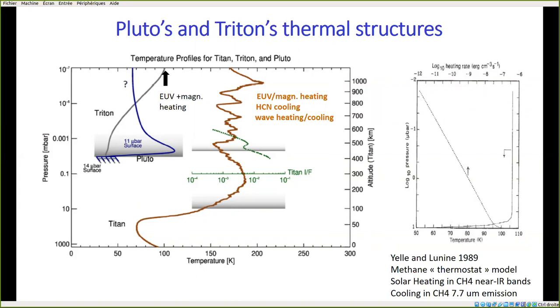On Triton, the upper atmosphere was measured to be about 100 K, and it is caused by the balance between energy deposition by solar heating and magnetospheric heating of N2 and by downward conduction. So in this sense, Triton's atmosphere is essentially a thermosphere, with the energy deposited above being transported by downward conduction. But because Pluto and Triton are both N2, it was thought that Pluto would exhibit a similar 100 K thermospheric temperature. And it was a very big surprise when New Horizons revealed that Pluto's atmosphere is actually much colder, only about 70 degrees.